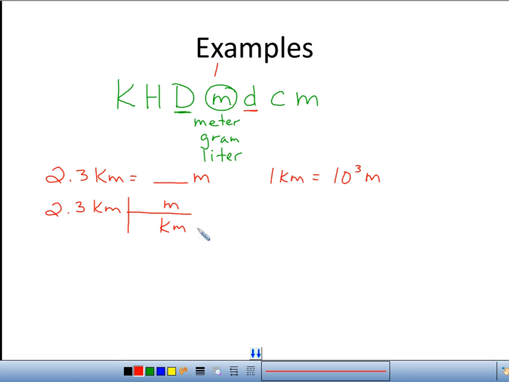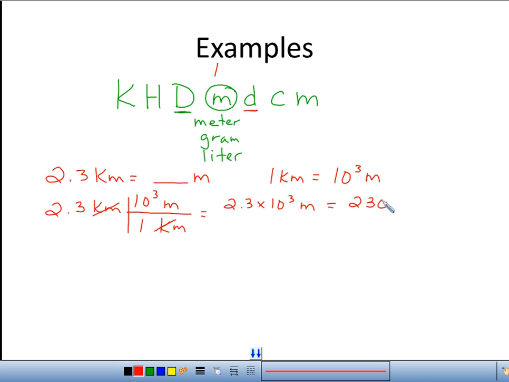And here's what I'm going to say. What's the relationship between kilometers and meters? Well, we know 1 kilometer has 10 to the 3 meters. Kilometers cancel out and I'm left with meters, and that would be 2.3 times 10 to the 3 meters. And actually the answer would be good enough in scientific notation, no problem, but let's change it to regular notation, and that would be